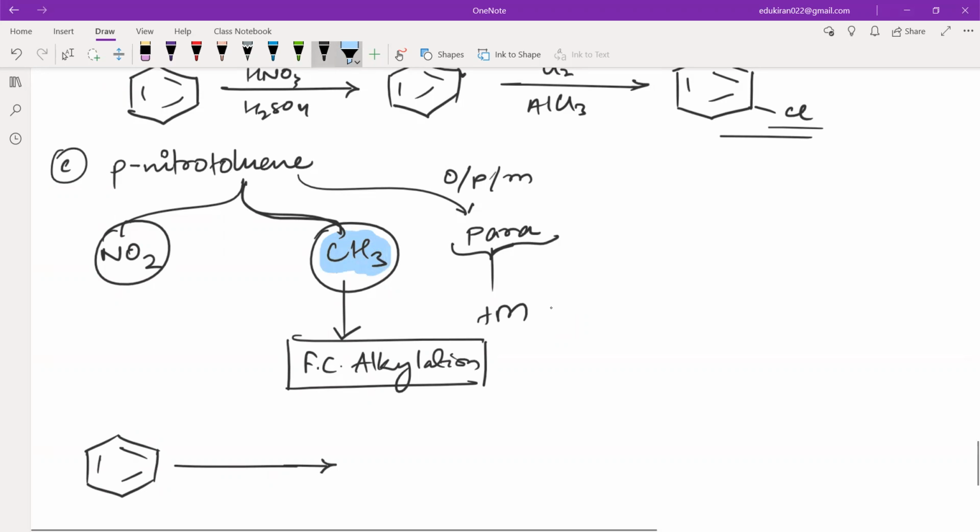CH3. So this will be CH3X in the presence of... X नहीं लिखते हम लोग इसको ना, Cl लिख देते हैं। We have to not generalize reaction, we have to write the specific reaction, and AlCl3 will be used। तो क्या मिल जाएगा? टोलुइन मिल जाएगा पहले हम लोगों को, CH3